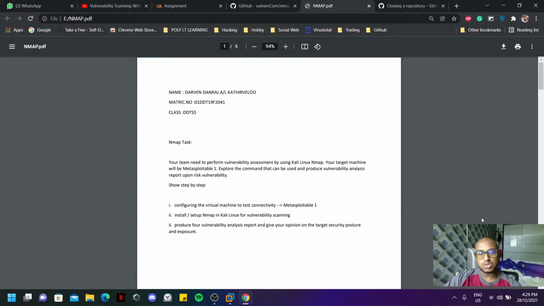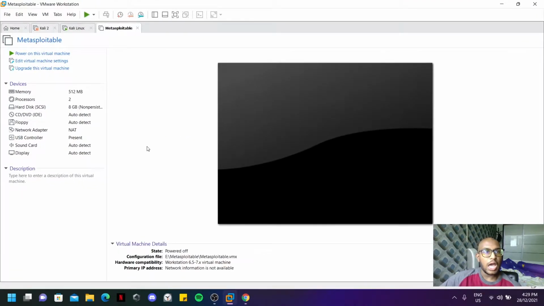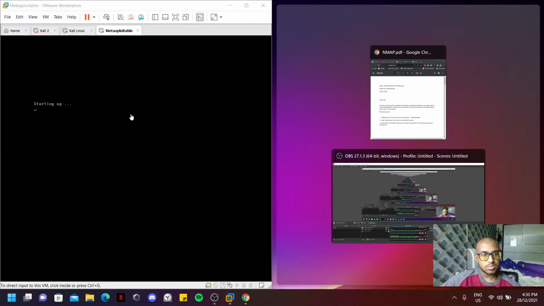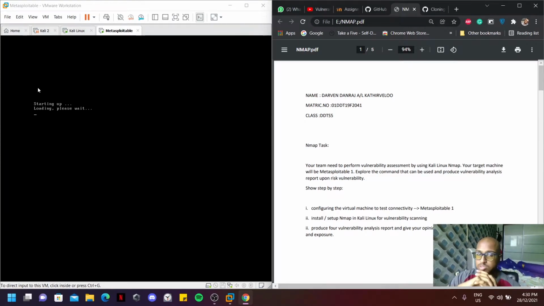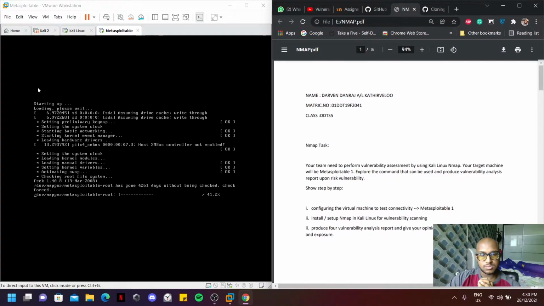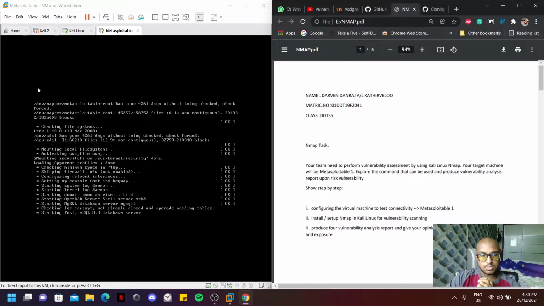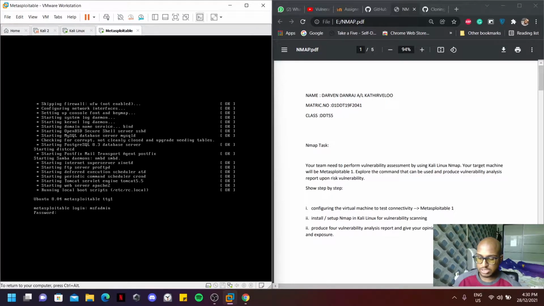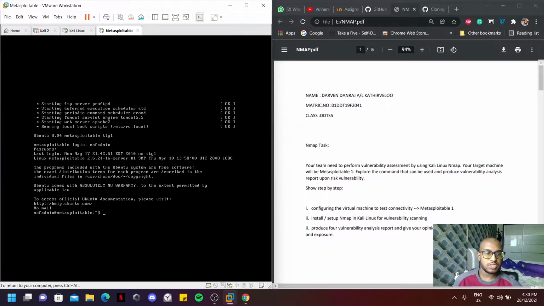So configure the virtual machine to test connectivity, which is Metasploitable 1. Let me put this beside it, and we are going to power on our VMware Metasploitable 1. It's starting its system, and Metasploitable requires some time. Okay, it shows the Metasploitable login. The username is msfadmin and the password is msfadmin. After entering it, you can see the dollar sign is visible. The dollar sign indicates that we have successfully entered